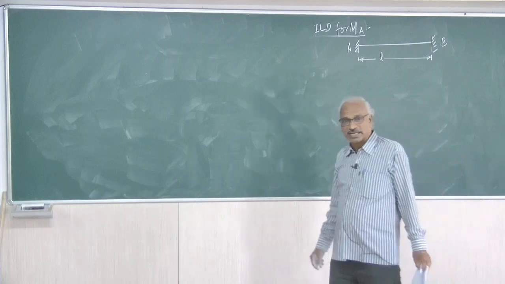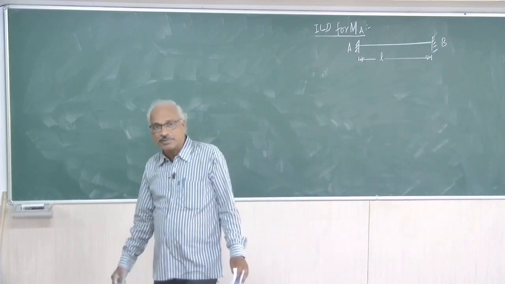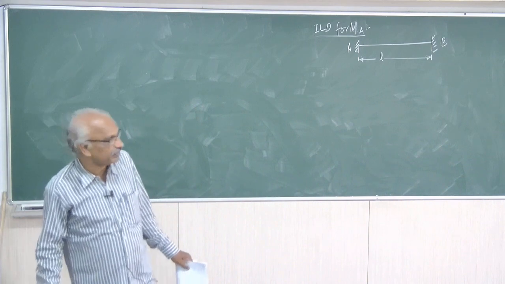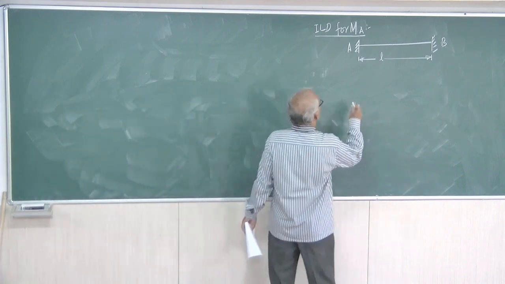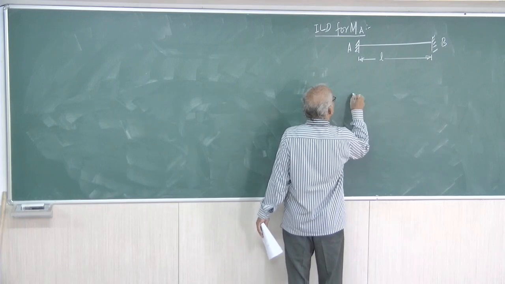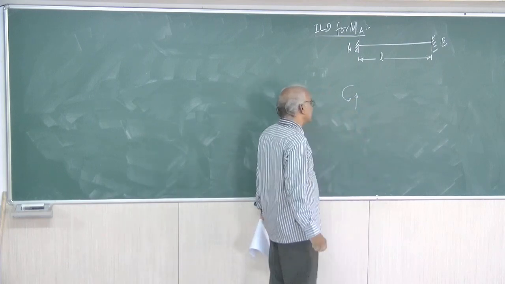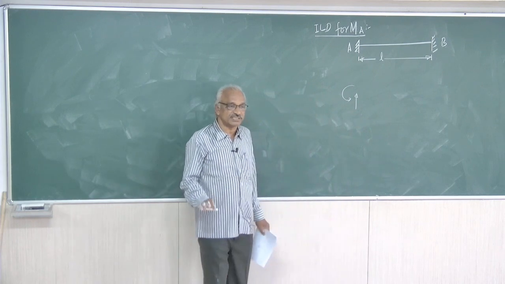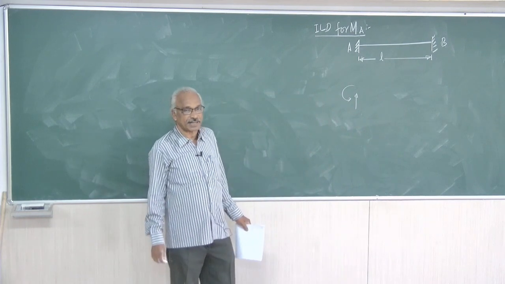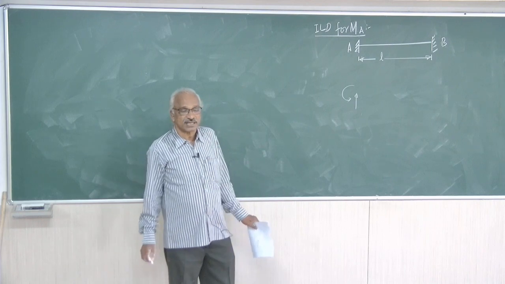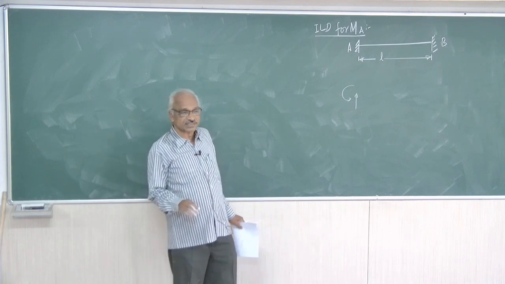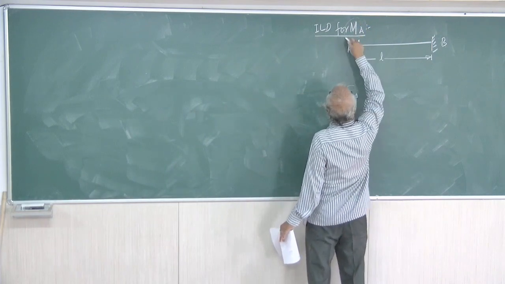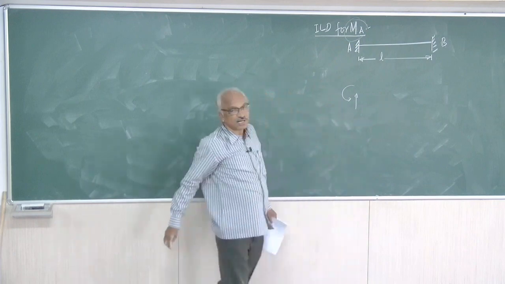Now at the support A here, it is capable of taking a reaction as well as moment. So here there will be a reaction and also there will be a moment at a fixed end. Suppose if there is any inclined force, there will be a horizontal reaction. So we are dealing only with vertical loads, let us say. Alright. Therefore, forget about the horizontal reaction. So it is capable of taking a vertical reaction and also a moment. Now ILD for MA is required. Therefore, you cannot remove the support.